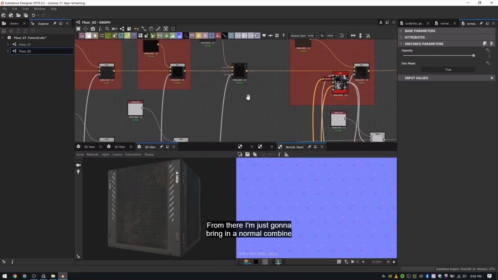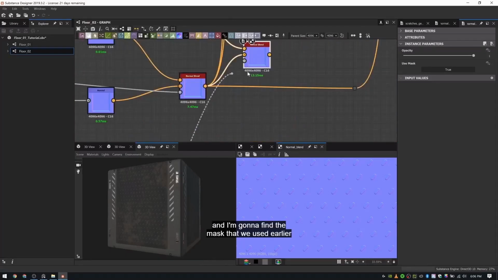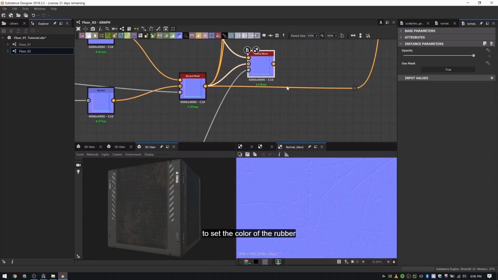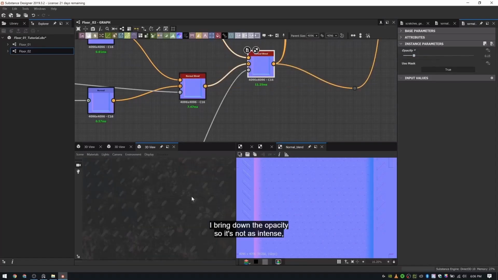From there, I'm just going to bring in a normal combine, and I'm going to find the mask that we used earlier to set the color of the rubber, and I'm just going to use that. That way it can only be applied to that area of the rubber. I bring down the opacity so it's not as intense,